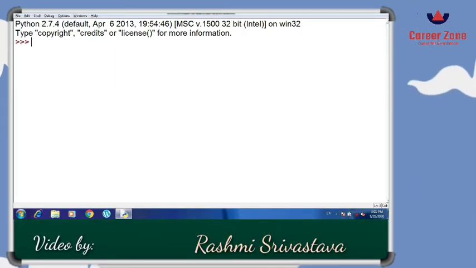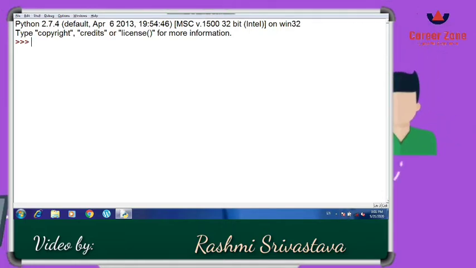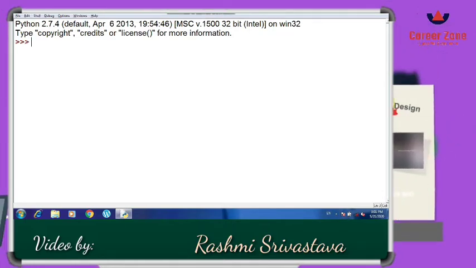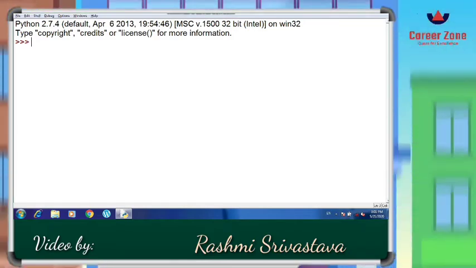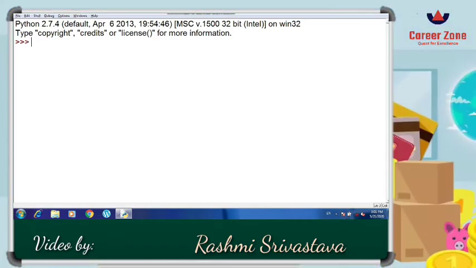Today I am going to show you how you can use variables for storing values in Python. You must have used this in maths, where we used to suppose a value like x, let x is equal to 5, or let y is equal to 2. So these kinds of values we used to suppose in maths. The same way we can do it in Python as well.